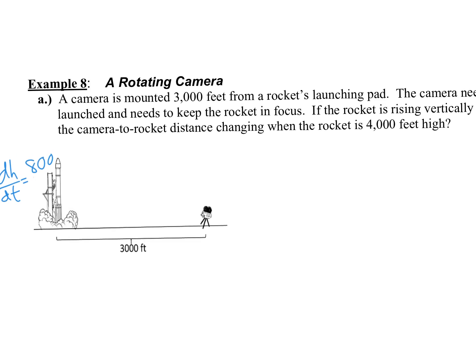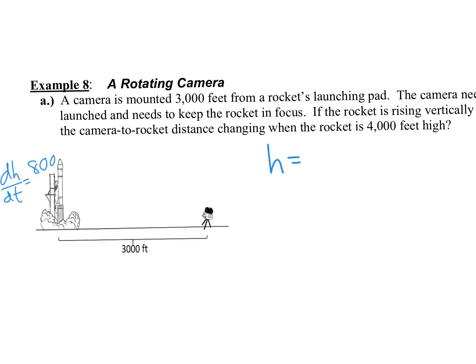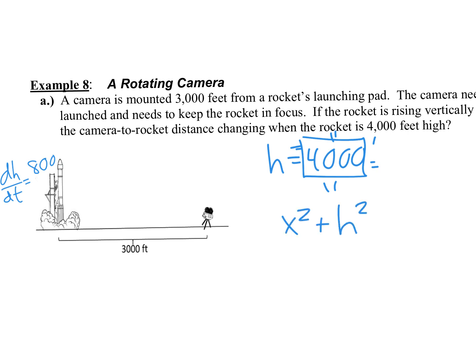4,000. Oh, there's a sample in time, isn't there? So H is equal to 4,000 feet at that moment in time, right? At that point, we want to know exactly how far it is from the camera to the rocket, which means we're using what? Seconds. Pretty obvious. No angles were mentioned. So it's x squared plus h squared is equal to